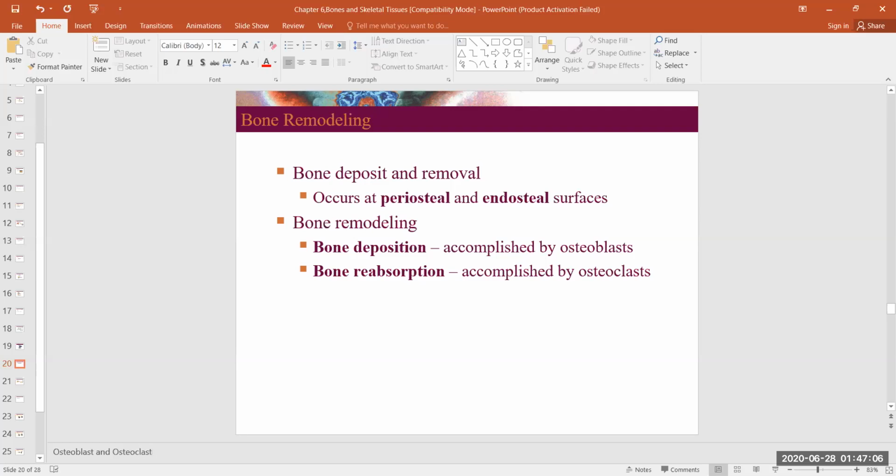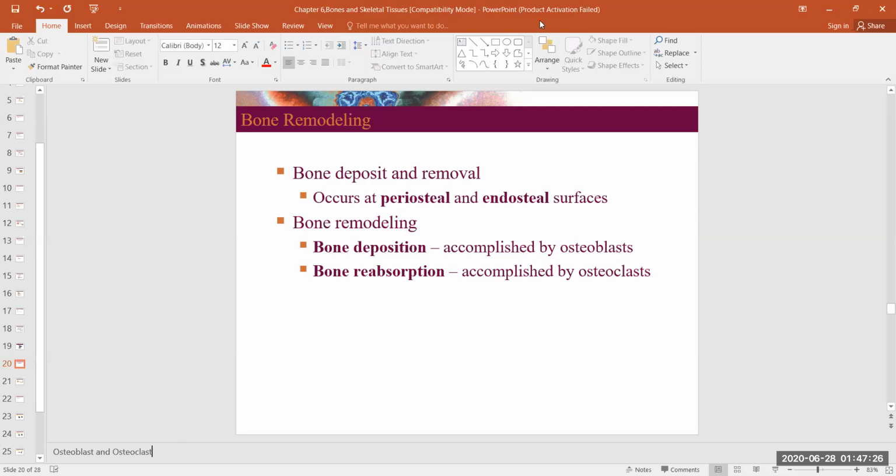So osteoblast deposit bone matrix. Osteoclast eat up the deposited bone matrix. That means remodeling is the function of osteoclast,